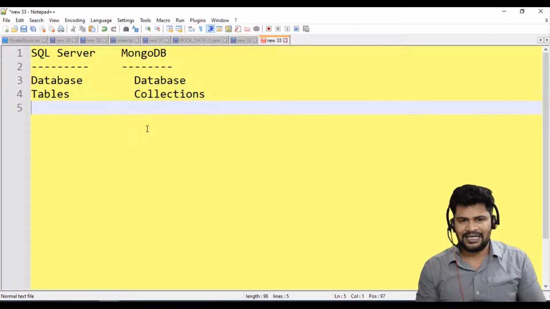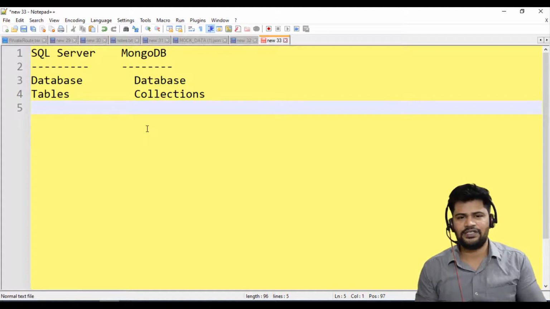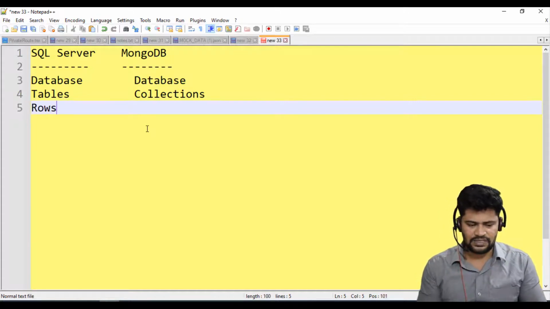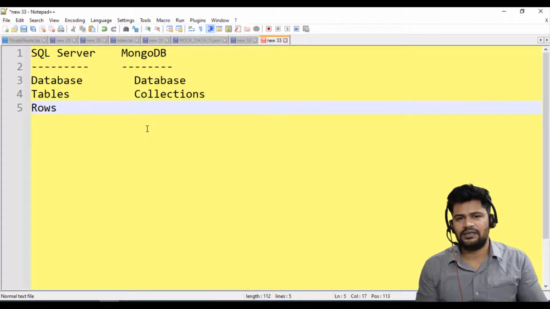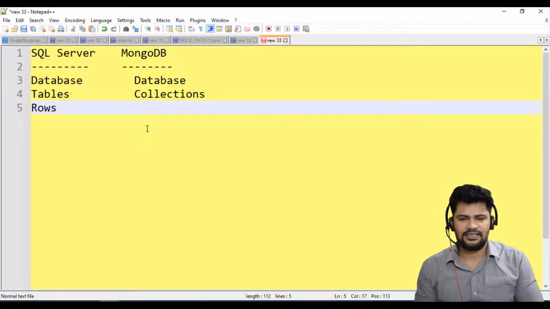Okay. Next, in a table what will be there? In a table we have rows. So each row indicates what? One person's data. For example, if an employee table is there, one row indicates one employee's data. Correct? MongoDB is a document database.